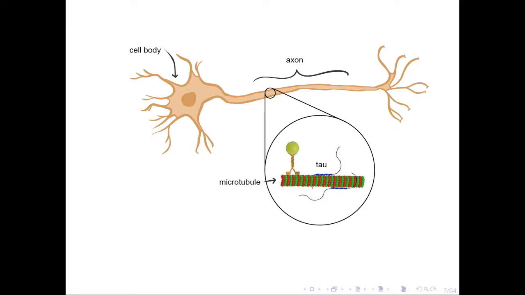This makes it really challenging for the cell to transport the required nutrients and proteins up and down this long distance. So you can think of the microtubules as a railway network. These allow the cell to transport the required molecules up and down these structures using proteins called kinesins.